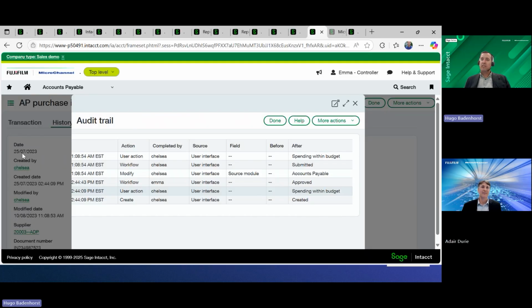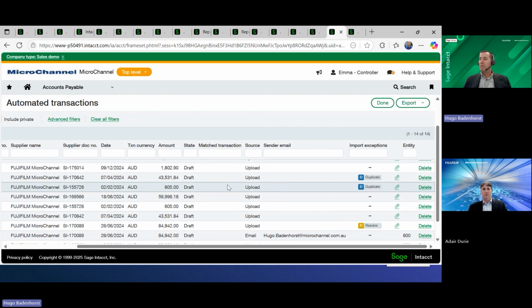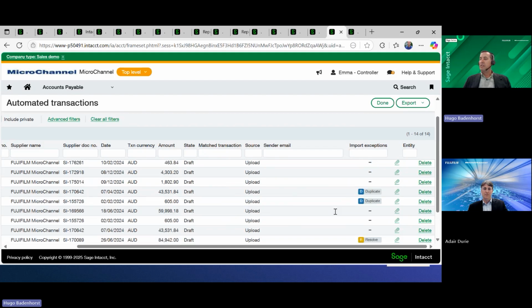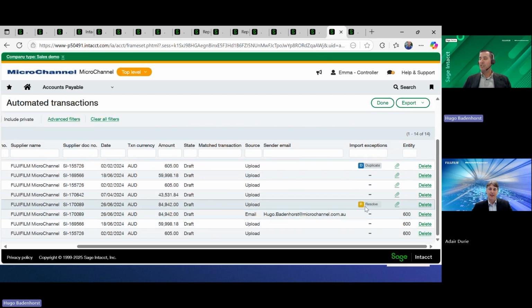Yeah, and that's one of the things that's quite a key strength, looking at the AI and what comes into the application as well, is automated transactions. So you've got your AP invoices coming in via email, or we've got paper invoices that we scan and want to upload. These things we can bring into Intact, and you see I've ended up in my automated transaction area, and there's a few that came in. You'll be able to see I've uploaded a few, and one or two came in via email. You can see if there are any import exceptions. So immediately the system will identify if there are duplications, like an invoice received twice from the same supplier, for instance, or if there are other issues to resolve on a particular transaction, and you'll be able to visualize that.